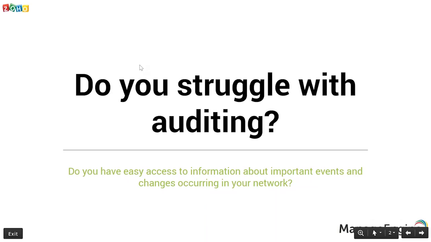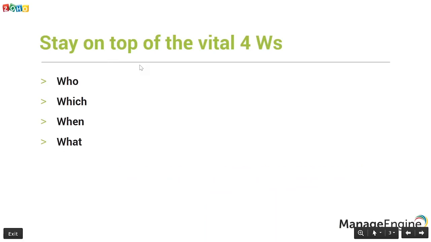So one of the most important things to understand is the four vital W's, right? Because a lot of compliance regulations are, of course, going to stress upon the security of data. This could be business confidential data, or it could be personal data of employees and customers. And this is a major concern that most compliance regulations address. In fact, most compliance regulations revolve around this fundamental idea of data security.